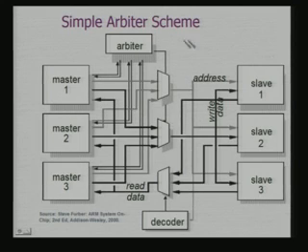Once it knows, it enables these buffers. Once it enables these buffers, the address would flow from the corresponding master to the target slave device. First, the address would go. In fact, once you have the address, the decoder knows which of these is to be enabled and accordingly which slave device is now targeted to receive the data. So, each slave device is provided with an address and using that address, the master refers to the slave device.